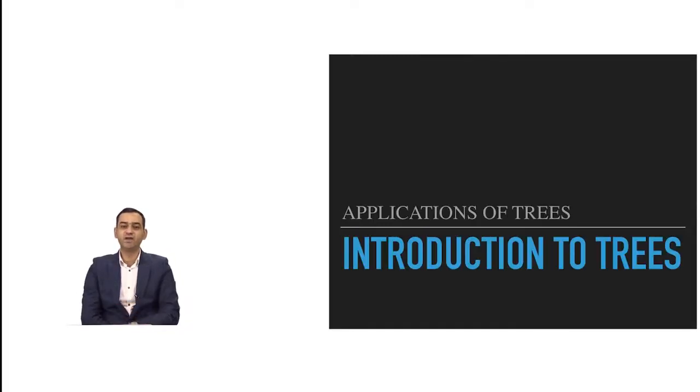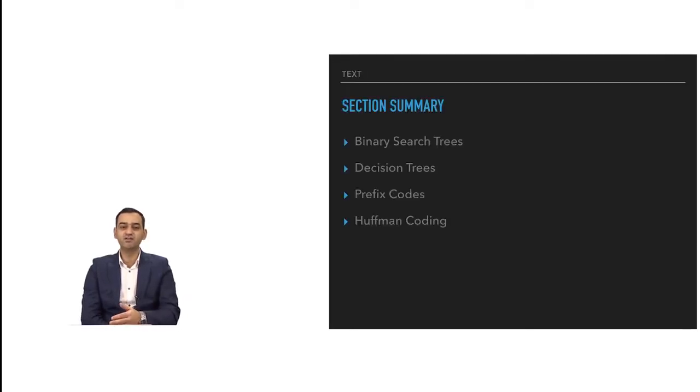In the last video, we defined and discussed what we mean by trees in computing. In this video, we will focus on the following topics. Binary search trees, which is one of the most efficient techniques we use to find an element in a list or a database. Let's say we want to search for a student from a student database whose first name is Ben, for example. We use a binary search tree to query a database and return a result in a very